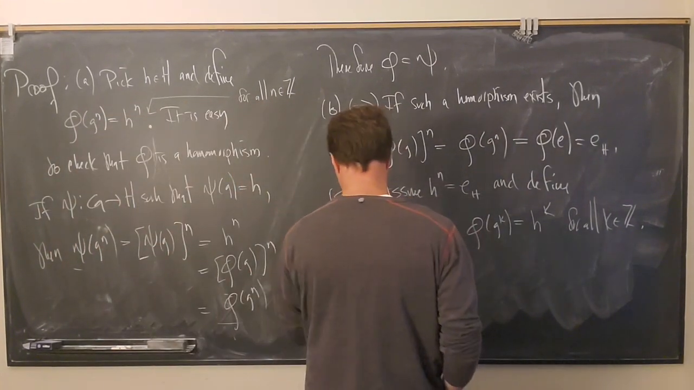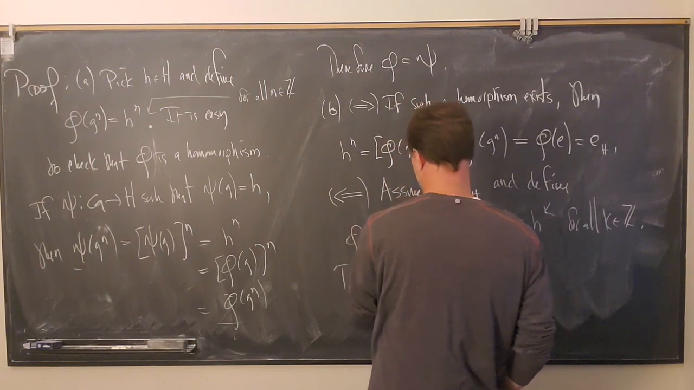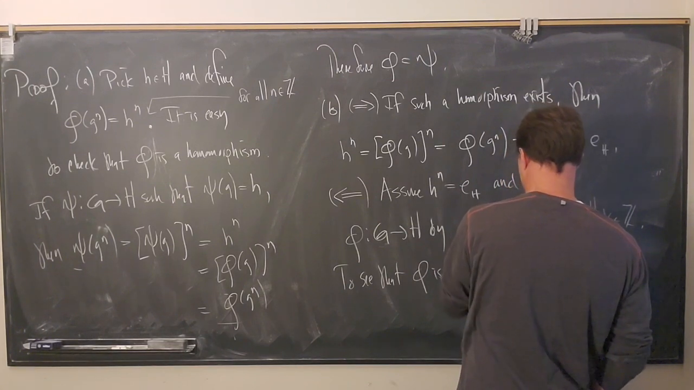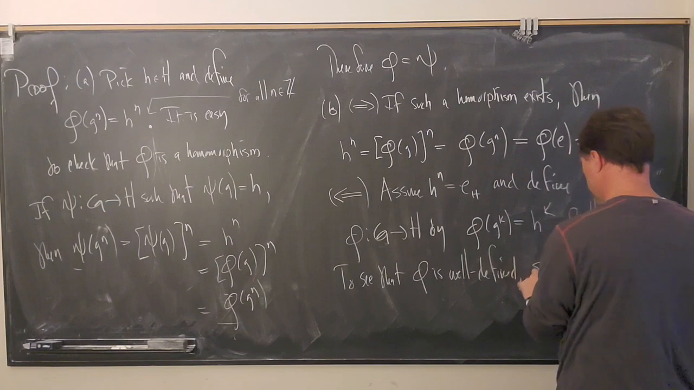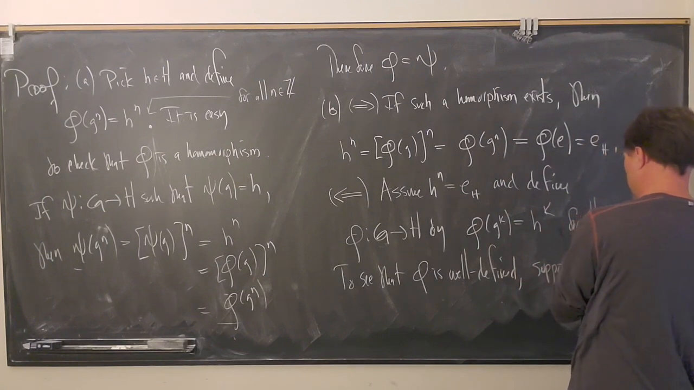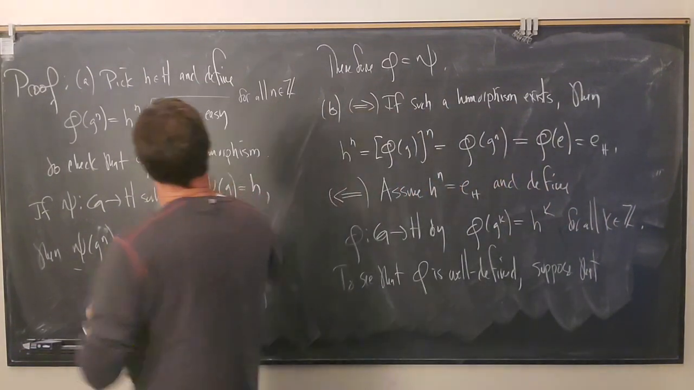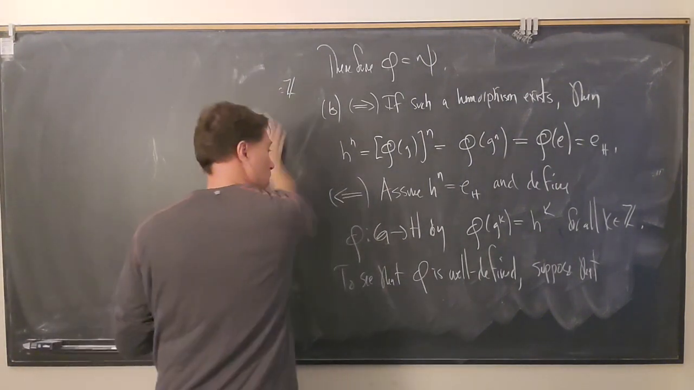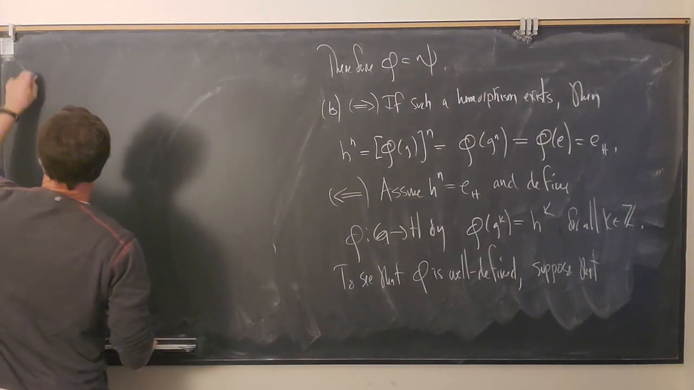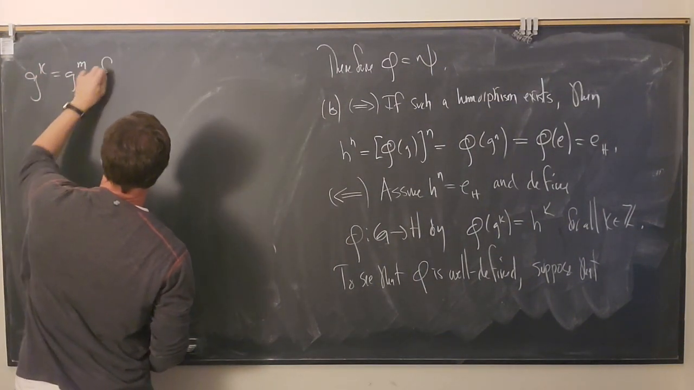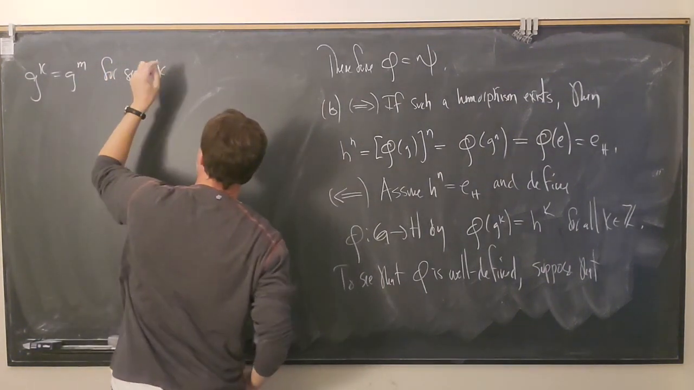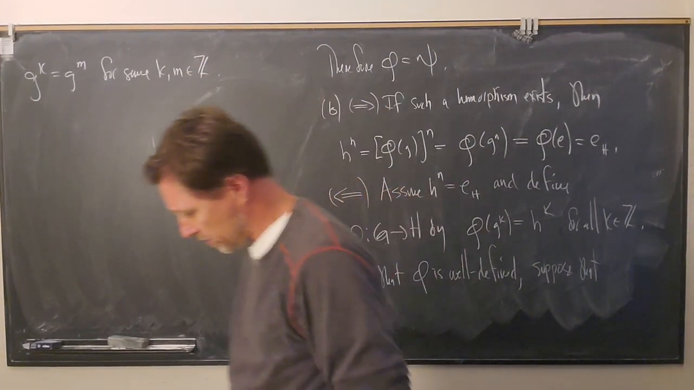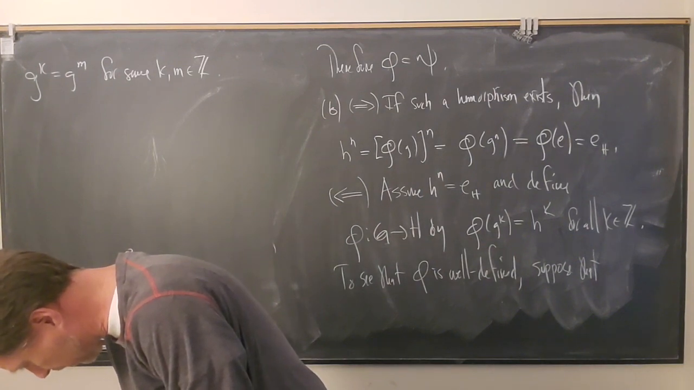So let's say to check that phi is well-defined, suppose that g to the k equals g to the m for some integers k and m. Now, back when we were studying cyclic groups, I don't think I wrote down the number of the theorem, but